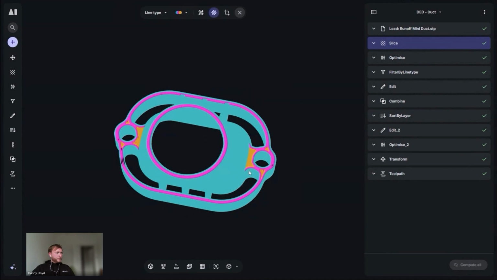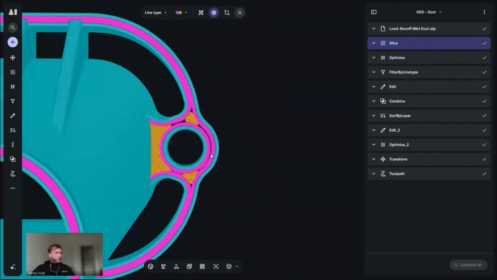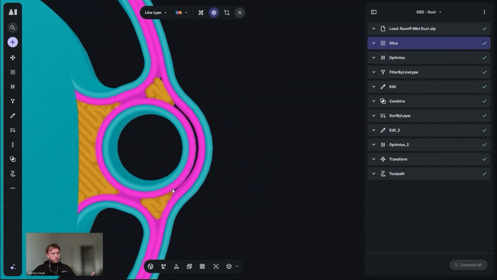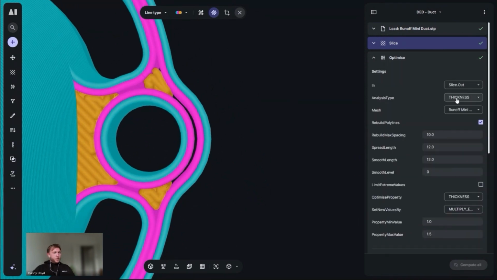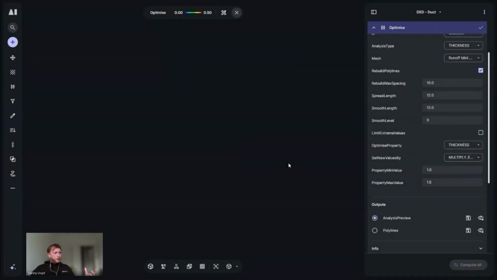We turn on our solid view, we can notice that maybe the part hasn't been designed for the process, or the parameters haven't been designed for the part, and we have kind of odd wall thicknesses relative to the geometry thickness. But here we're using a thickness optimization, and we can see from the analysis that the